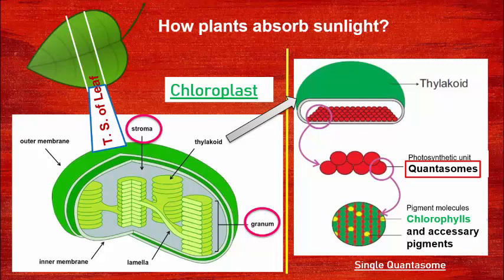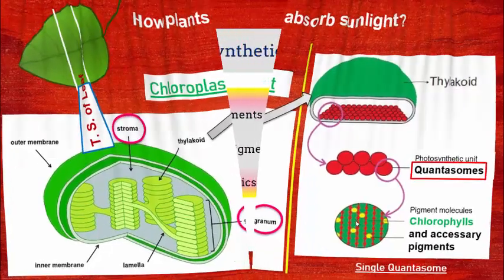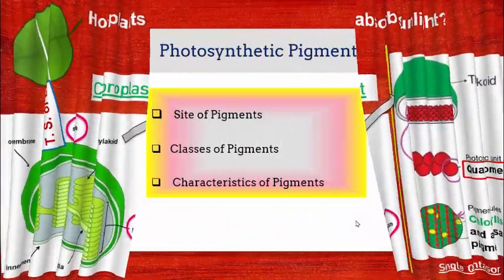In the last video, we saw that chloroplast contains stroma and grana regions. The inner membrane of the thylakoid of the granum region shows the presence of photosynthetic pigments like chlorophylls, carotenoids and phycobilins. These pigments are capable of absorbing sunlight energy and converting it to chemical energy, that is, for the synthesis of food. Let's see details of sunlight absorbing pigments.